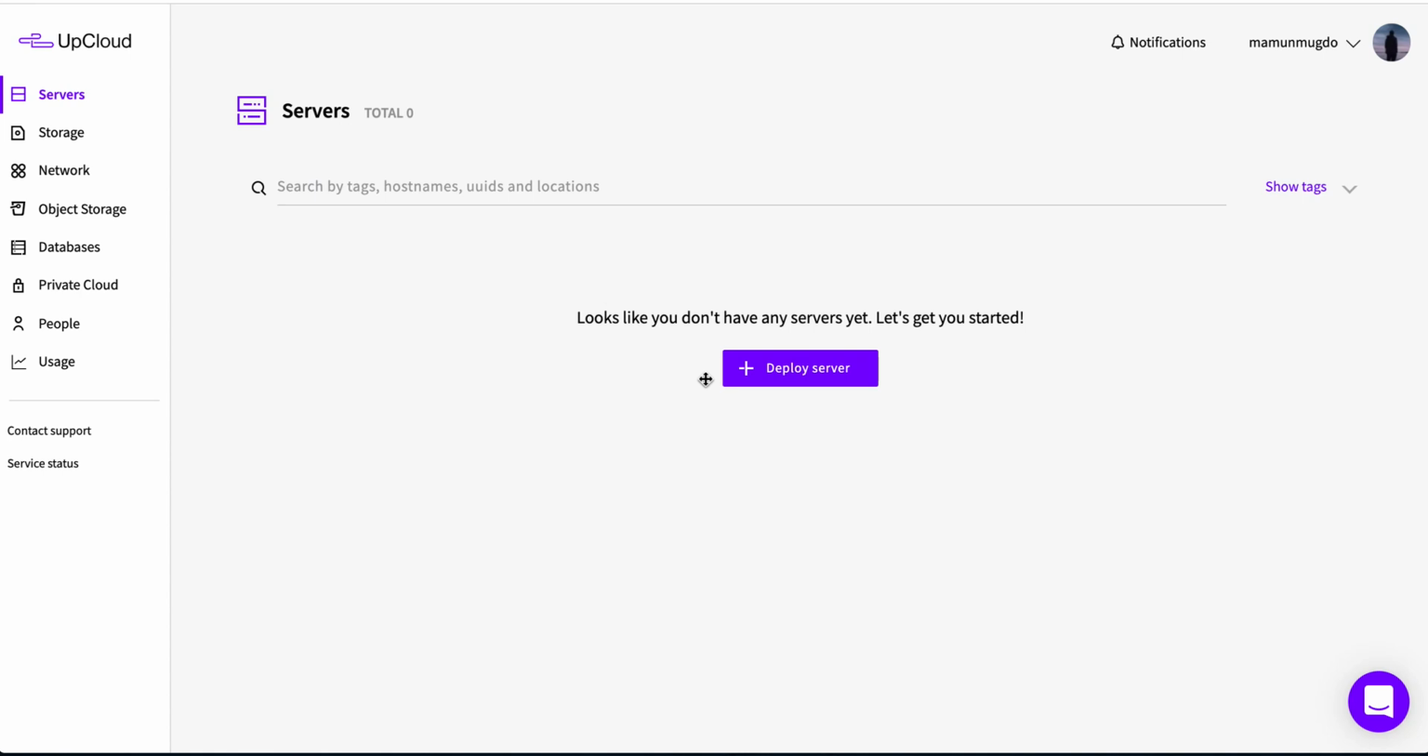Hello guys, today I will show you how we can install Cyberpanel on Upcloud server. So I already logged in my Upcloud account, and to deploy a server we need to click deploy server in this plus icon,